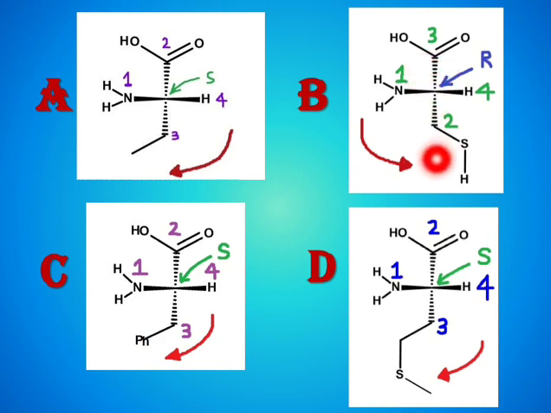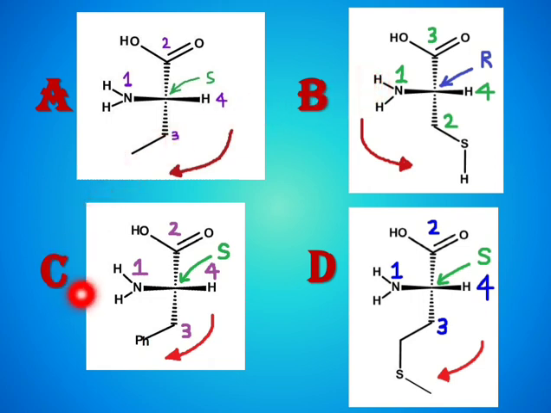Although there are 2 hydrogens and 1 sulfur, sulfur is of higher atomic number than oxygen, so this will get the higher priority, even though here there are 3 oxygen groups. So from 1 to 2 to 3 it is anti-clockwise, but the fourth priority group is on the vertical, so the configuration of this molecule is R. So this is the correct answer.